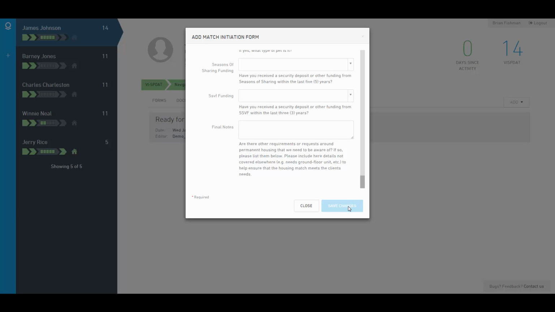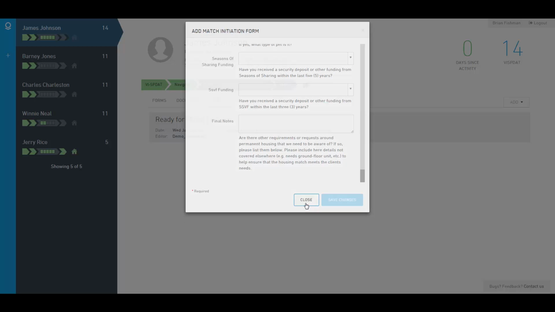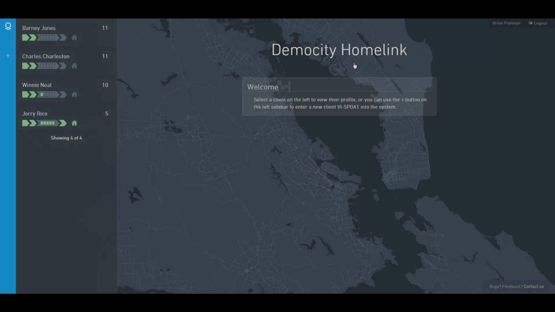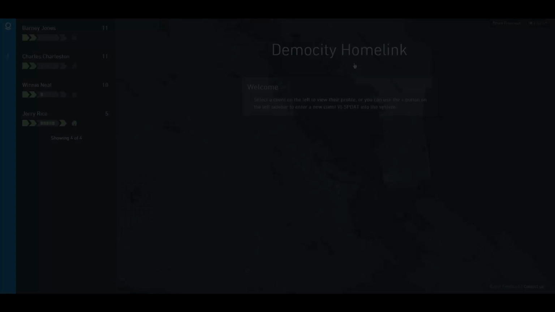Once a match has been made to housing, the client profile will disappear from your view, although your coordinator can always access this information if it is needed. If you notice any problems or have questions, you can always use the link at the bottom right of the home screen or email us at